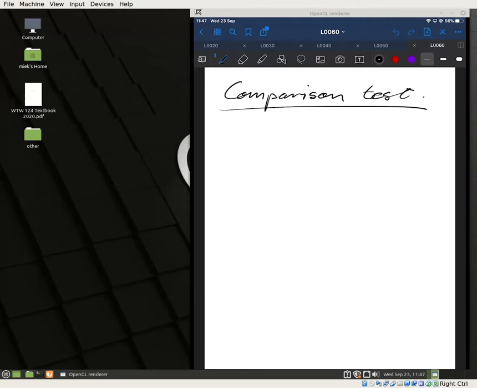So what I will do now is explain the basic principle behind how the comparison test works. Let's say, for example, you have some very complicated shape, let's call it A. It's very complicated. But if we know that